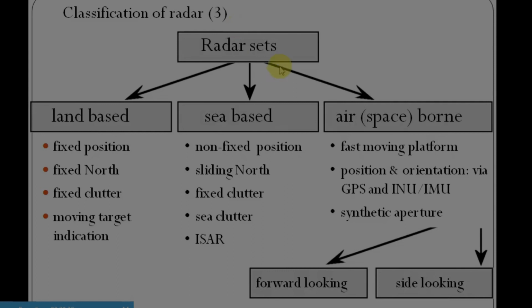In radars, there are three types: land based, sea based, and air based. Today I demonstrated the radar which is actually land based, and in all three, your PPI screen is the same.